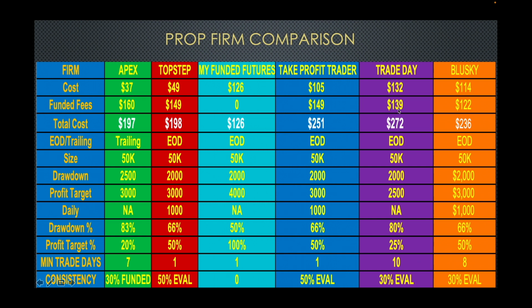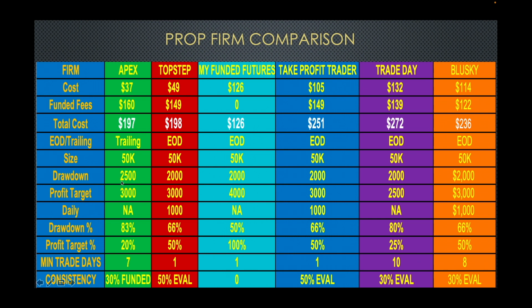So basically, it would be $225 instead of this $272 all in on a 50K account. So it's comparable, a little bit less or more than Apex. So it's up to the individual, you guys, how you want to go about it. But me personally, Apex, for some reason, I've tried all these before. Apex has been the one I can consistently pass, even though it has, I don't want to say the worst drawdown. Kind of does, but I'm not sure because they give you more of a drawdown.